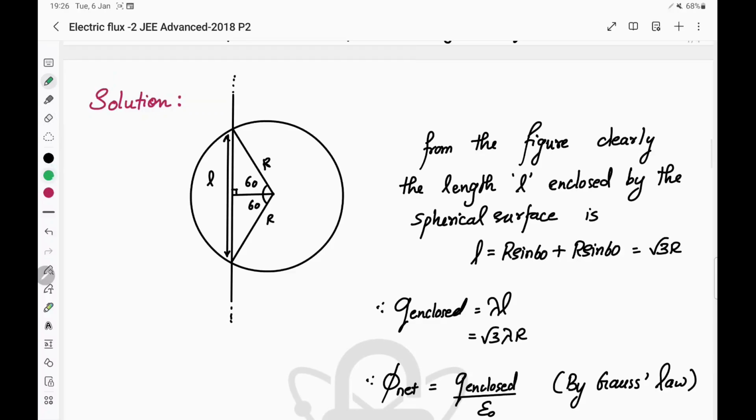So here I have made a diagram of the given question again over here. So what we see from the figure is the length L of the wire that is inside the non-conducting sphere is going to be r sine theta plus r sine theta, where r is the radius of the non-conducting sphere, which is equal to root 3r. So basically, the length of the wire having uniform charge density lambda inside the spherical surface is root 3r,